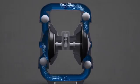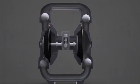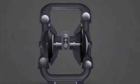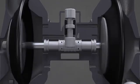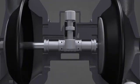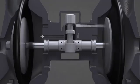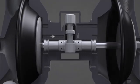The pump diaphragms are driven by pressurized air that is directed left and right by the movement of the main air valve. Here's how it works. When air pressure is applied to the pump, the main air valve moves up and down. When the main air valve is in the down position, air pressure is diverted to the right diaphragm. At the same time, exhaust air from the left diaphragm passes through the shuttle and shuttle plate and exits the